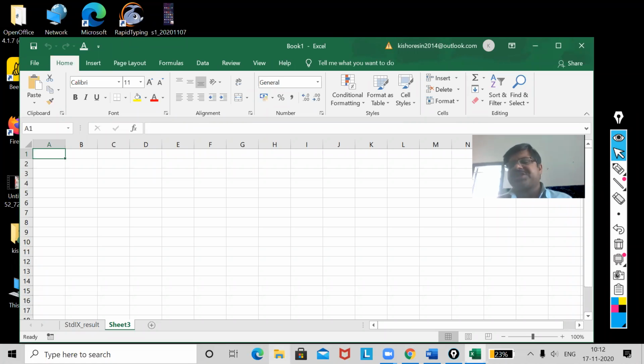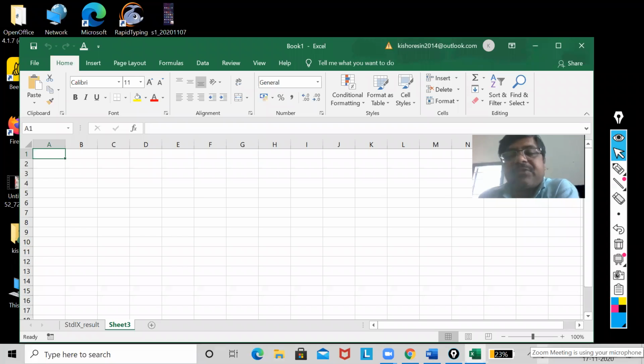Now there is no restriction, my dear. You can have, yes, 100 sheets, 200, whatever. There is no limit. You can have, yes, more sheets in a workbook. But I recommend you, when you want more sheets like 10, 12, 13, it's better that you go for a new workbook and then create the sheets. Like suppose